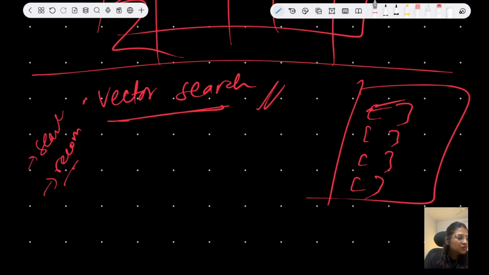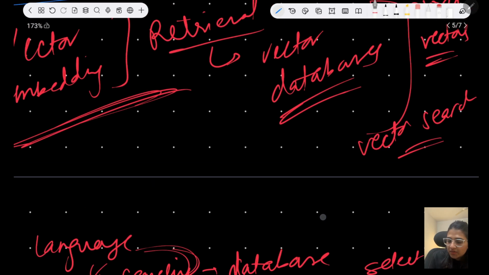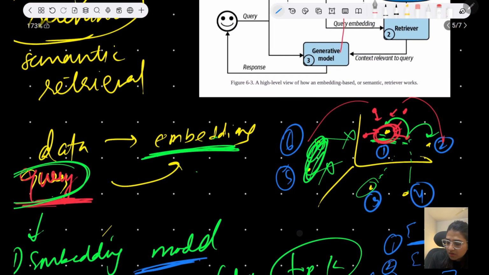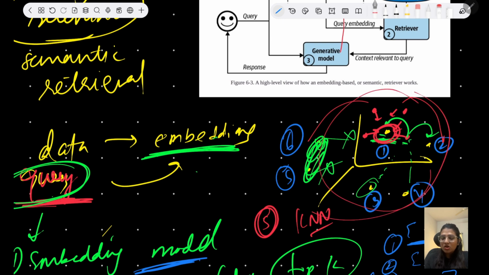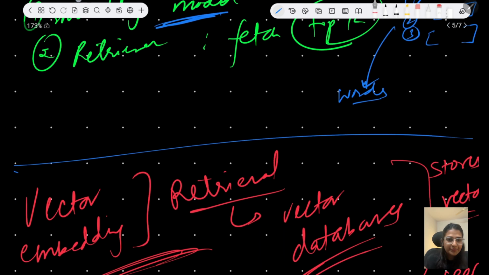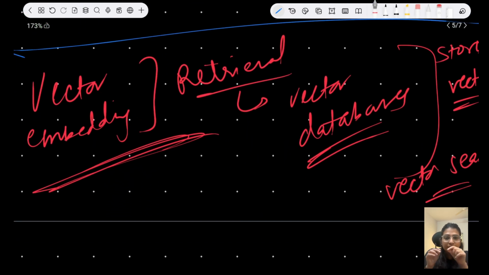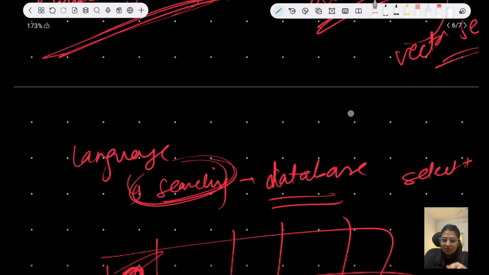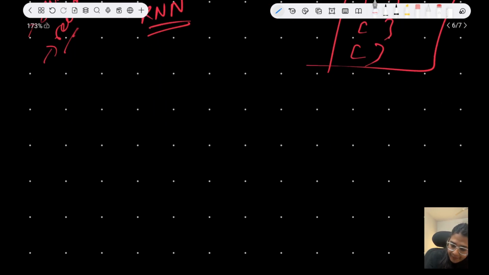Now today, in the beginning, the easier one was KNN, K nearest neighbors, the whole thing. So this is what I was telling you here. This is called KNN. If I say I want the top 5 nearest neighbors, then by this logic, we are going to get the top 5 nearest neighbors. Okay, and we are going to rank them. Now, how does it work? It computes the similarity scores between